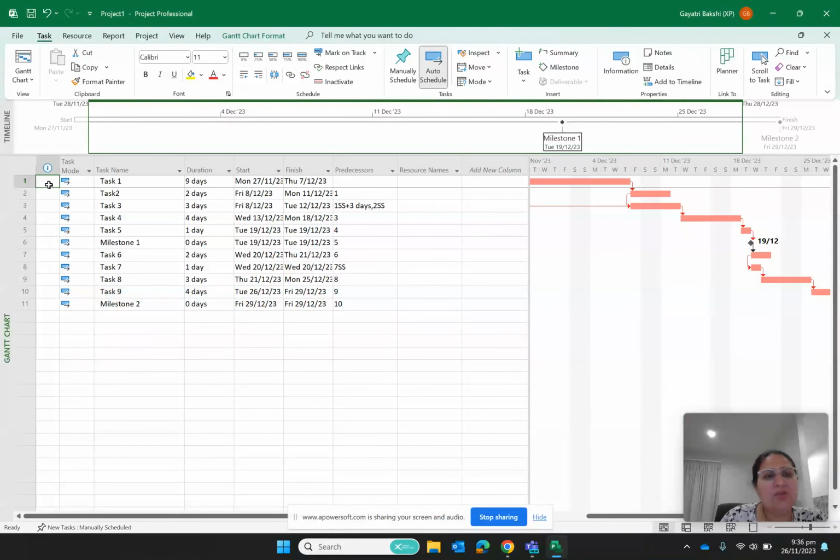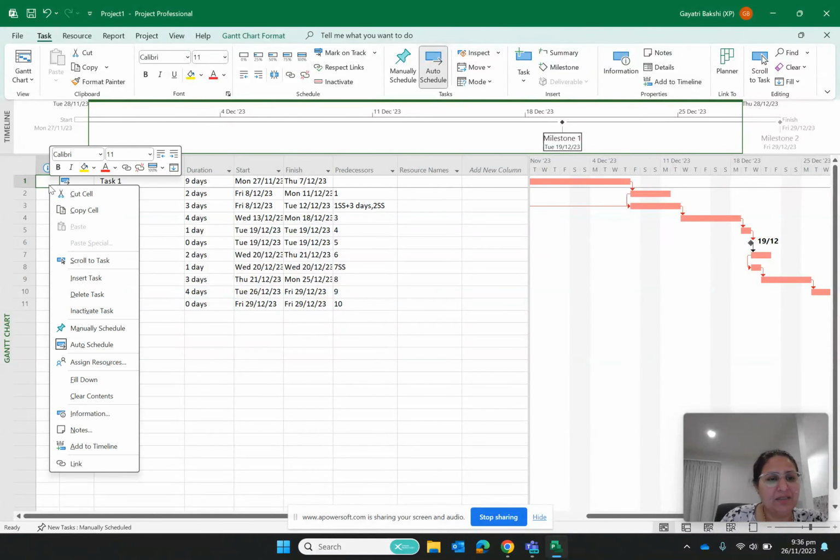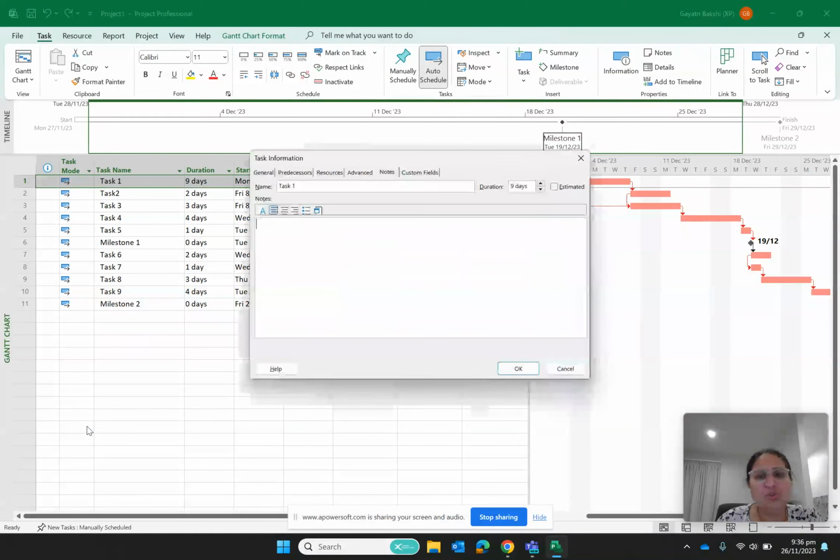Another thing which I would like to highlight here is the notes. When you are working on a project, there might be quite a few things which you would like to add to your project so that you can remember all those things down the line. So you can create those notes. You can just click on the note. You can go to the task information, or you can right click on the notes and you can add, let's say,